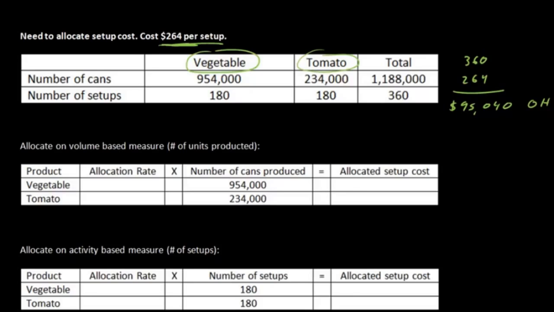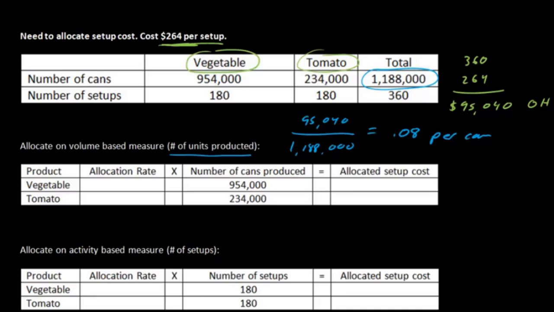So this is the overhead that we need to allocate, and we need to figure out a way to allocate this overhead to our vegetable soup and our tomato soup. So let's start with using a volume-based measure. Let's say we are going to allocate this overhead cost based on the number of units produced. So we've got overhead costs of 95,040, and we want to look at the number of cans produced, which is